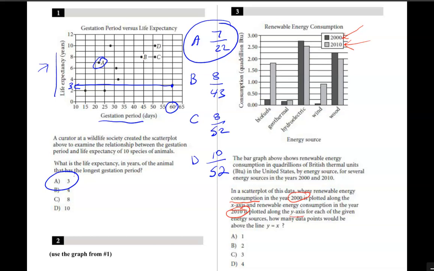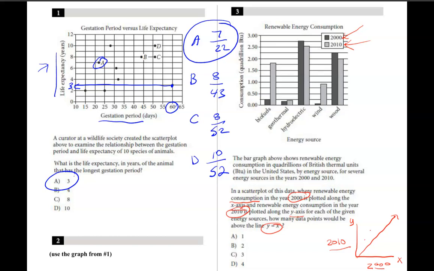So for instance, if they made a different graph and they had all the 2000 numbers here on the x-axis, then they did all the 2010s over here on the y, how many points would be above the line y equals x? So this line y equals x is basically the 45-degree line, and we're just trying to figure out, the easiest way, any dot that's above that line means that the 2010 number is going to be larger than the 2000 number. So if we go through here,